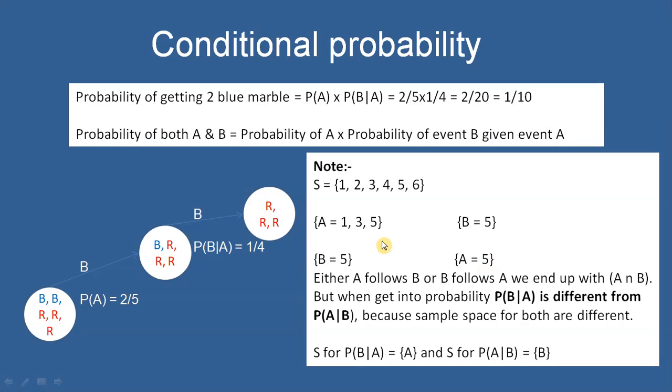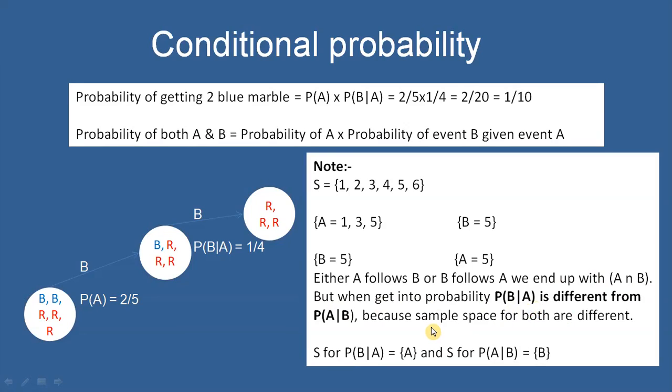When you consider them as events, whether A follows B or B follows A, we end up with A intersection B. That is, the final set is the same. Here also 5, here also 5. If A happens followed by B, we get 5. Similarly, if B follows A, we get only 5 as a result. That is, the result is A intersection B. But when we get into probability, that is P of B given A or P of A given B, it is different